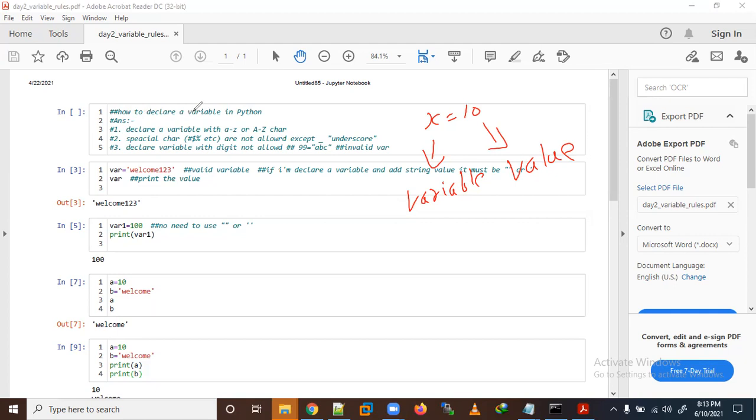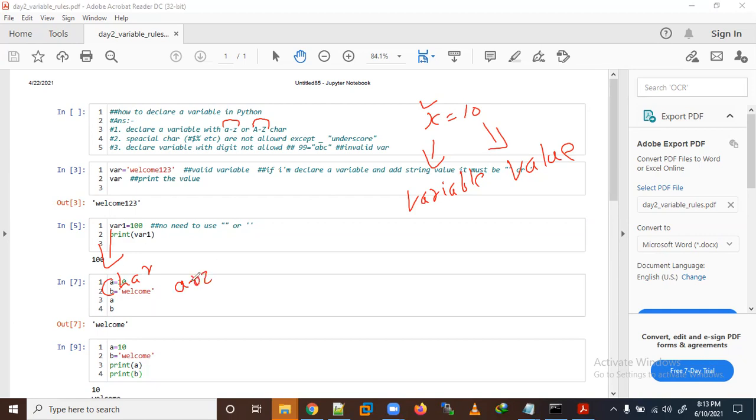Here I declared a variable x. A variable can start with a small letter a to z or a capital letter A to Z. Here you will see I started a variable with var, which consists of characters from a to z.